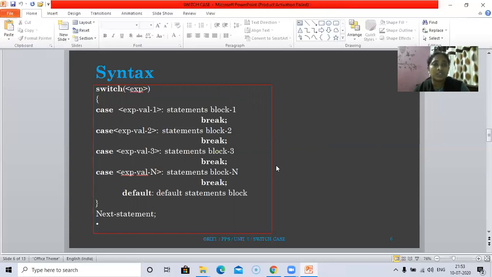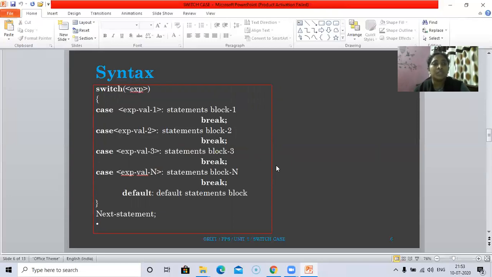What is a character constant? Any character, like special characters, digits or alphabets, whatever is enclosed within single quotes is considered a character constant. So the expression value here can be an integer constant or a character constant.